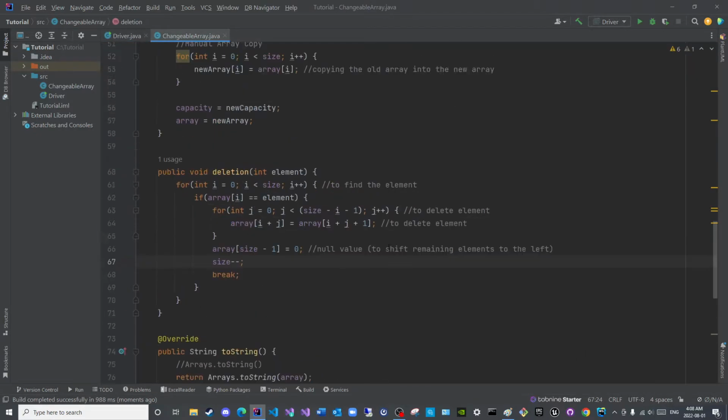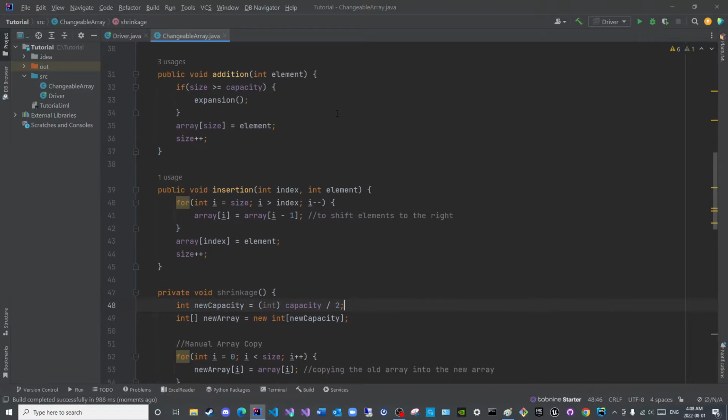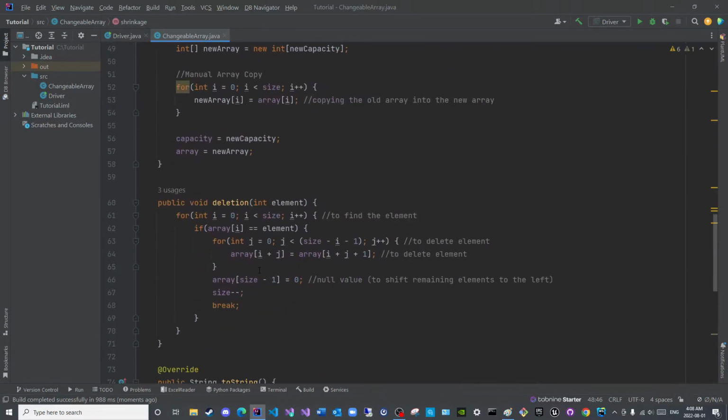So the problem with shrinkage is that we have a threshold that is never achieved. That is the problem. Oh wait, where is shrinkage? Sorry, not shrinkage. Where is deletion? Oh, okay. I just realized my mistake. I apologize once more. Well, thankfully we have different episodes for this sub-series. I forgot to add the shrinkage method